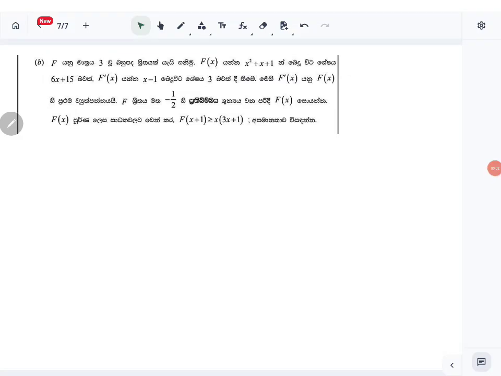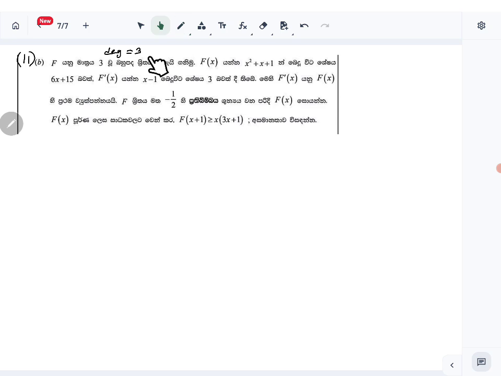Right. So now let's look at question number 11, part B of the 2025 Western Province third term test pure mathematics paper. Right. So this is the factor and remainder theorem question. So what is given to us? Let's go through. F is a third